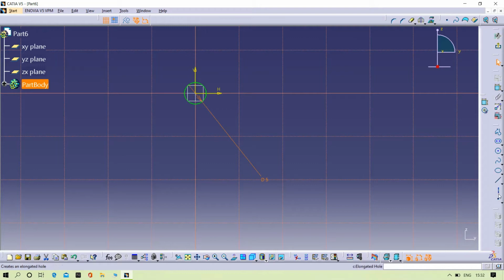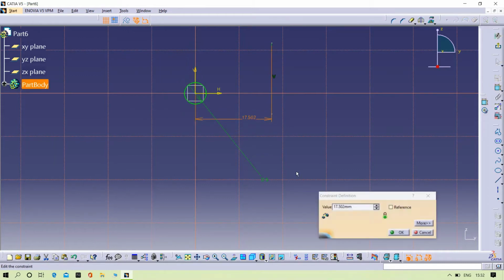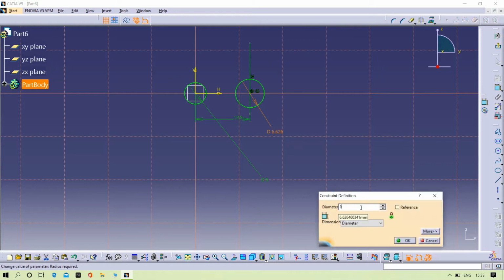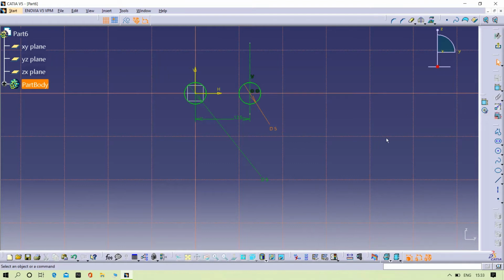Then again draw the one axis line with the distance same as it is, 12.5. Then again draw the circle with 5 mm dia. Then click OK.